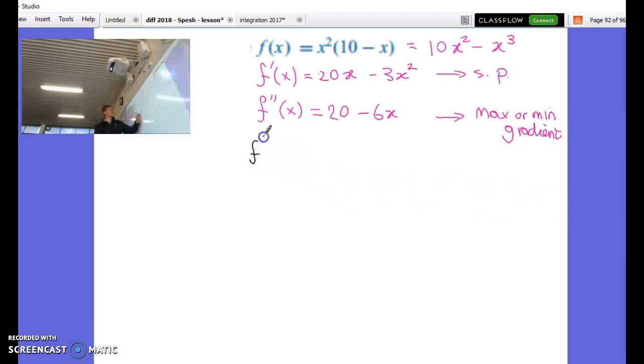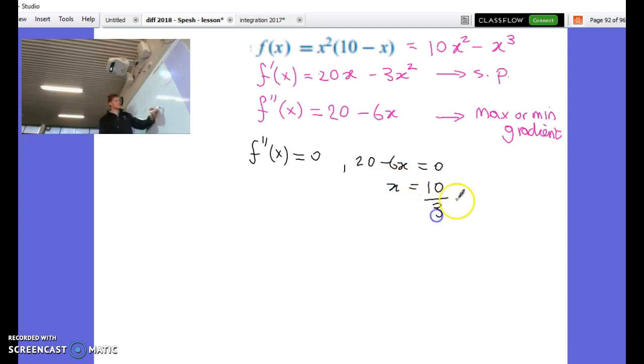Okay, so if we do that, let it equal to 0. 20 minus 6x is equal to 0. x is then 10 on 3. Okay, now how do we know if we didn't have the graphs, for instance, and we just had working with